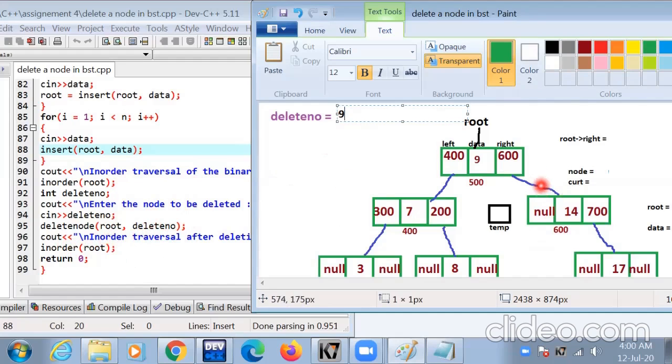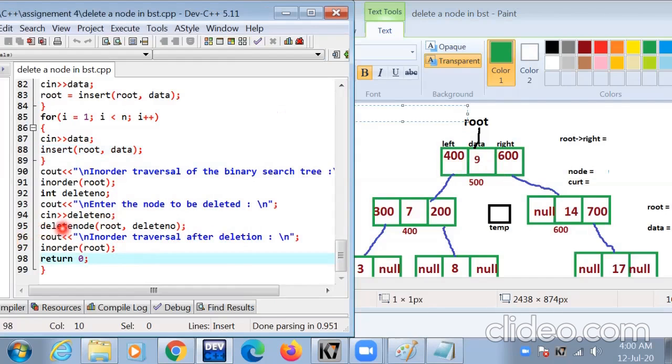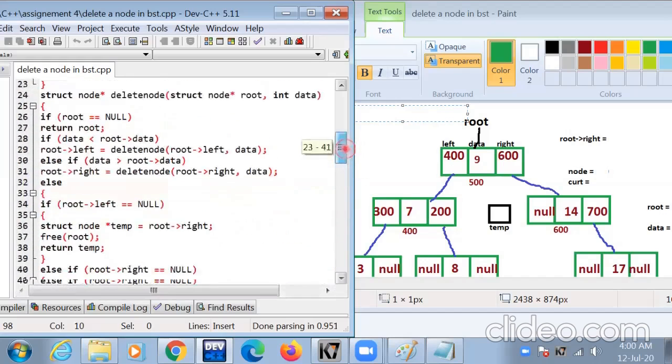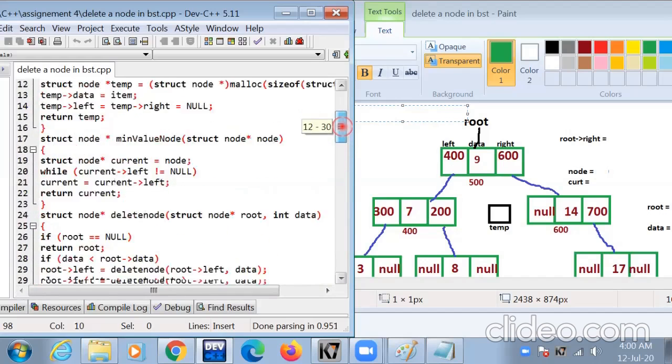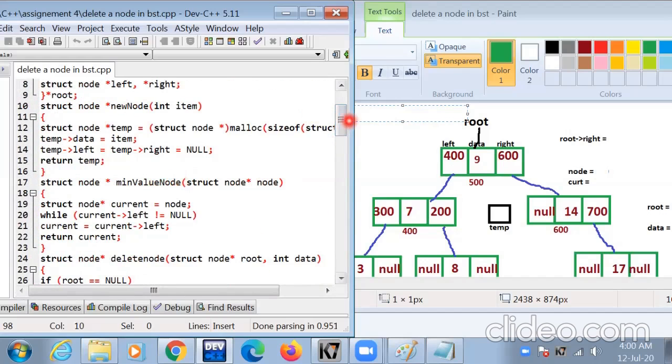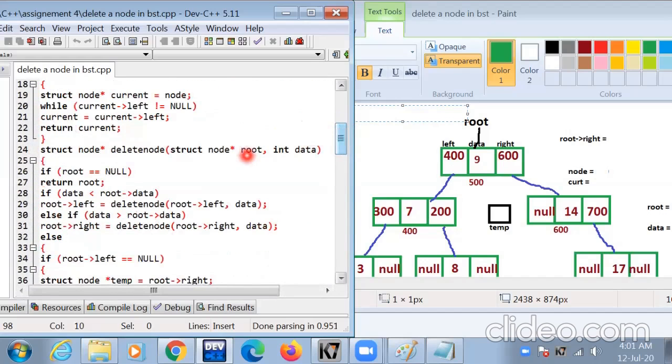The value of root is this, this is the root, and the delete number value is 9. We call the delete node function.